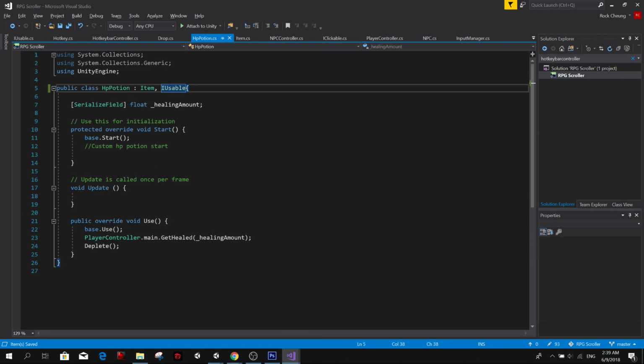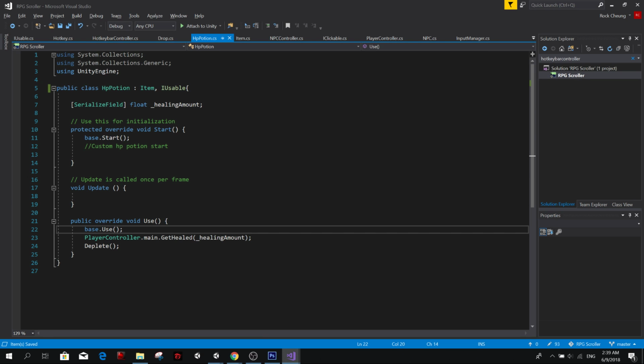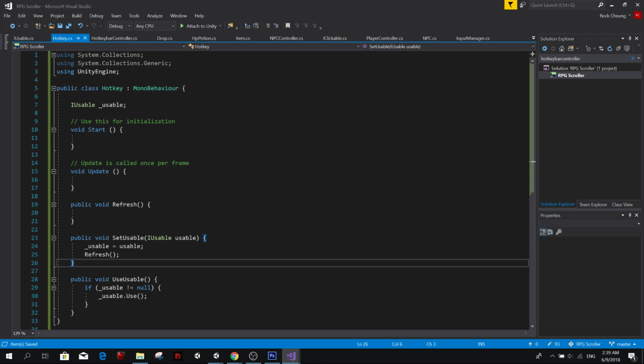So here we're back into the project, the old version that we're updating. The HP Potion now extends the iUsable interface. It already has a function called use, so there's no problem there. So whenever we call the usable,